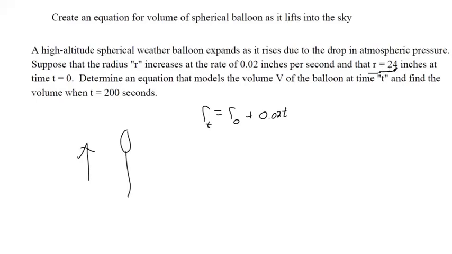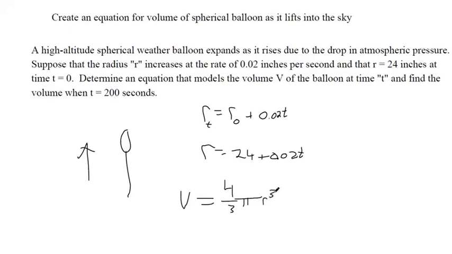And actually, we have a number to put over here. The radius is 24 for a starting amount plus 0.02t. Okay, so the radius fluctuates. It's not a constant 24. It's expanding. Okay, so to find the volume of this thing, the volume of a regular sphere is 4/3 pi